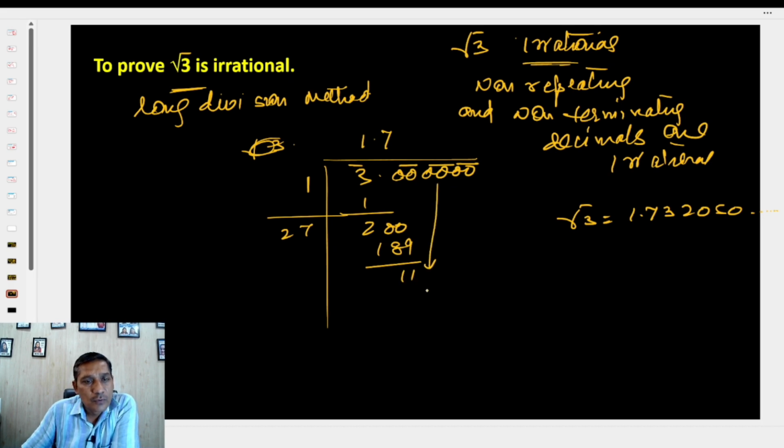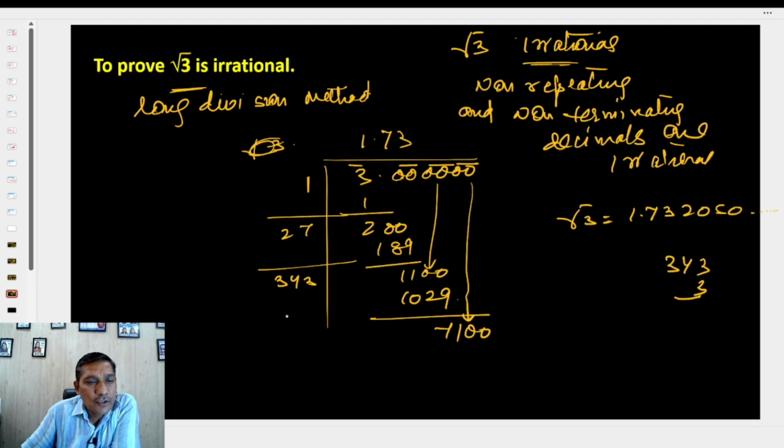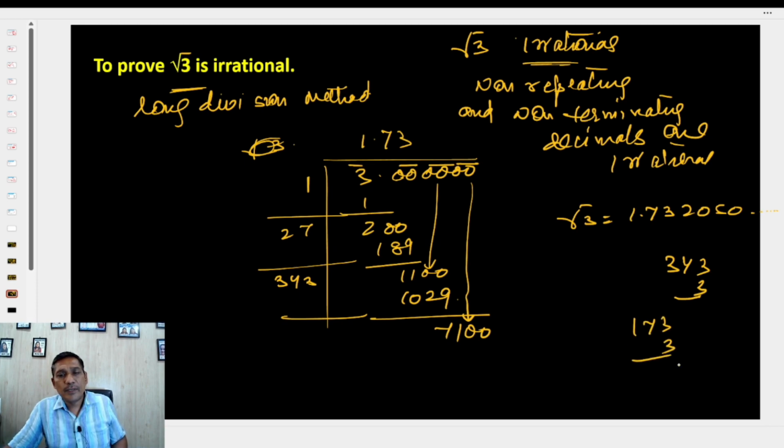Copy down one more 0. You got 1100. Double of 17 is 34. I can put 3 here, 3 here. Multiply 343 by 3. That gives me 1029. That is, the result is 71. I take the other pair of numbers here and I put 7100. Double करिए 173 का. 173 times 3 is 912, and this gives me